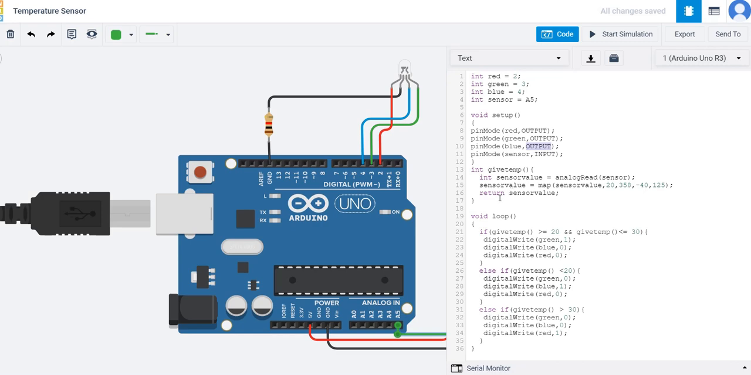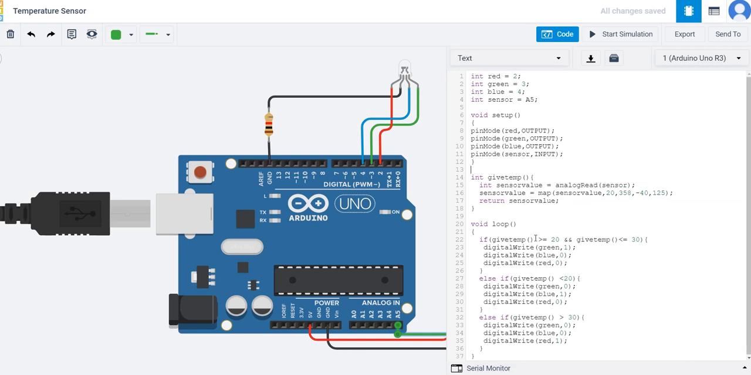So this is simple, and as I demonstrated in the workshop about functions, this function is giving a temperature value. Here I am going to read the analog sensor value, and then map the sensor value from this range to this range. For example, the minimum temperature that can be measured with this sensor is -40, and the maximum is 125. For -40, it gives a value of 20